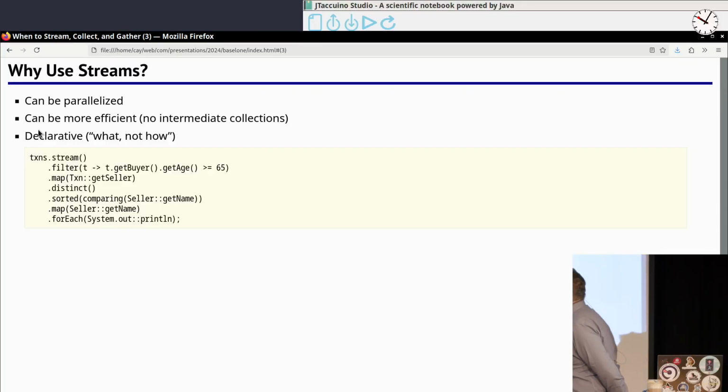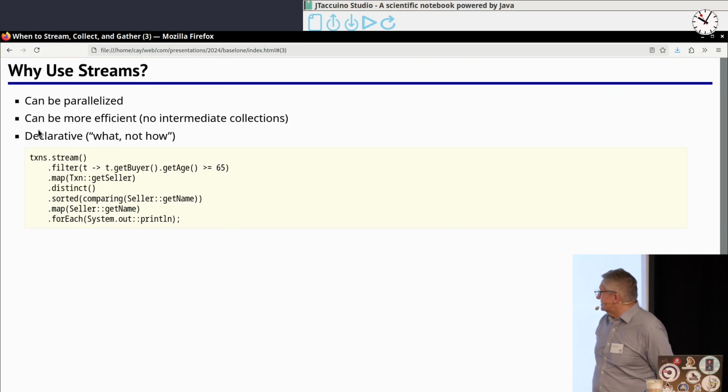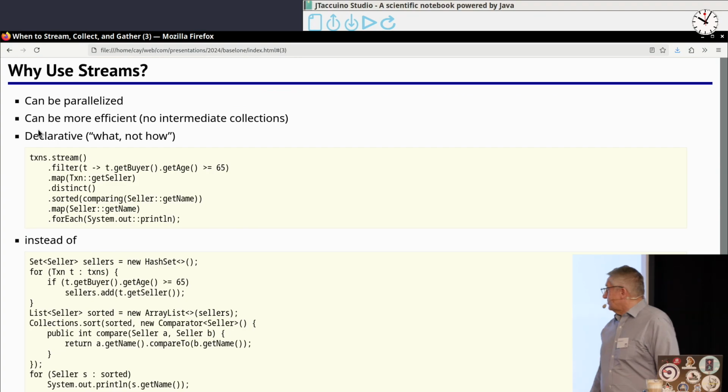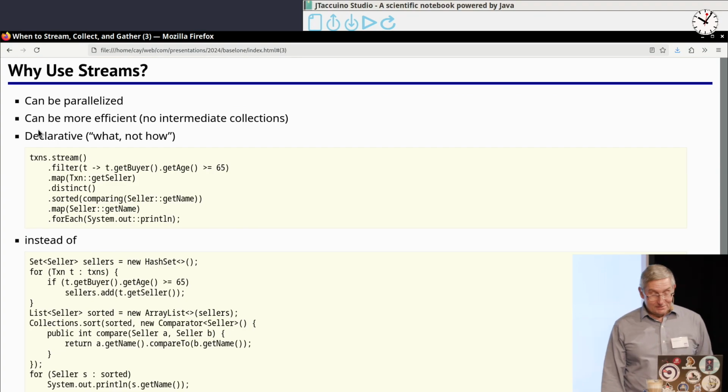This example here comes from one of Brian Goetz's papers about this. He says, when you look at this code, you immediately know what it does. You can read through it, and it has something to do with buyers and age and sellers and names, and you can probably figure it out pretty quickly. Whereas if you look at the equivalent loop code, then you actually have to read a line at a time to see what it does.